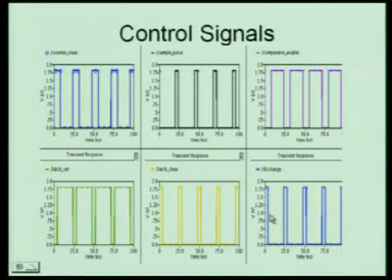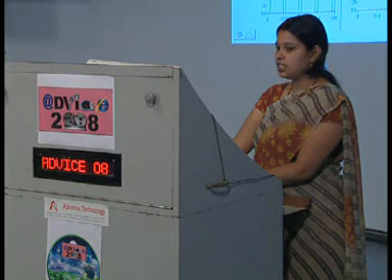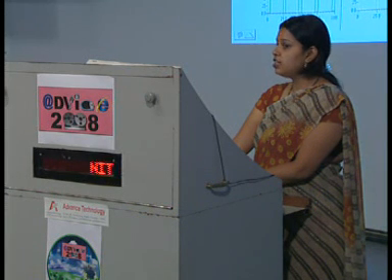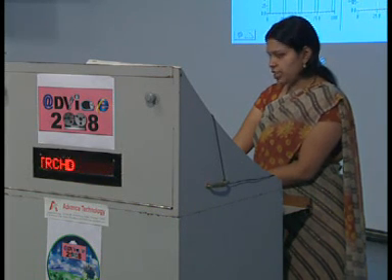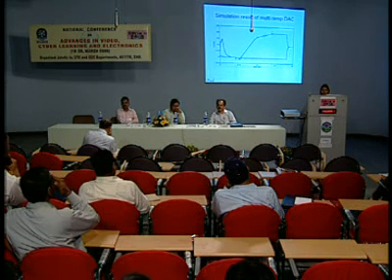These are the control signals. At the start of the cycle, the discharge pulse is high, so as to discharge the capacitor fully. At the same time, the counter clear signal is high, and the latch clear signal is high so as to clear the latch. After that, the latch set signal will be high so as to set the input data, and the comparator enable signal will be high so as to start the comparison. After some time, the sampling pulse will be high so as to sample the charge on the charging capacitor.